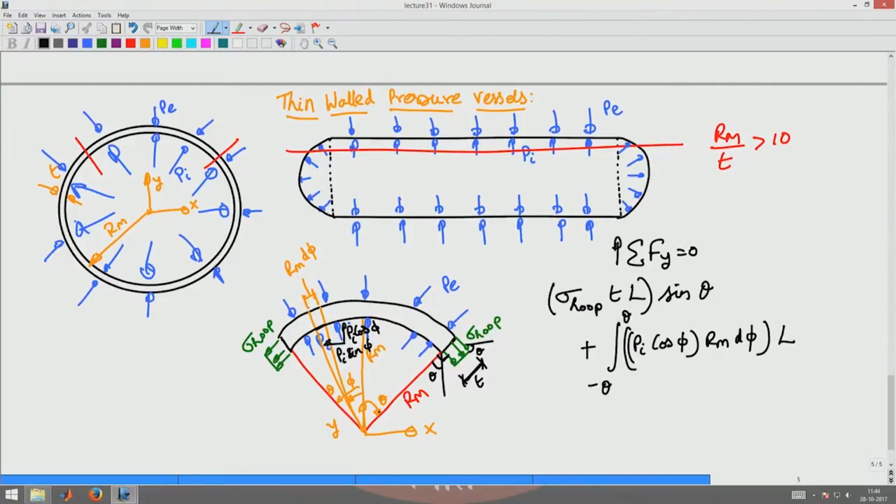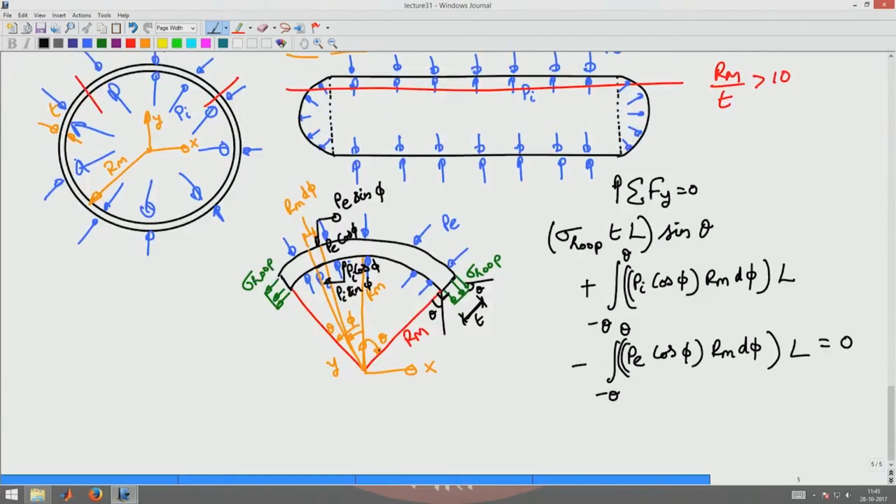Similarly, for the external pressure I have minus, because it acts in the negative y direction. You can see that the components of these stresses would be Pe sin phi and Pe cos phi, the vertical component. So, that will be Pe cos phi into Rm d phi into L, and by the same argument this will be integrated from minus theta to theta, and this has to be equal to 0. From here we will get that